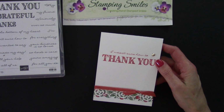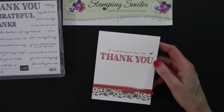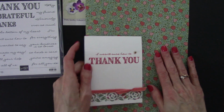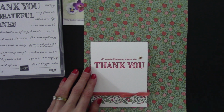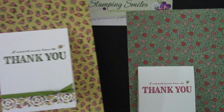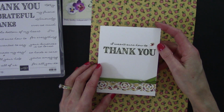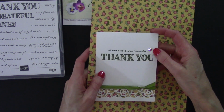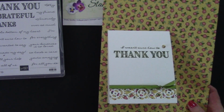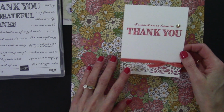And so let me show you. I used 6 of the patterns, all 6 sheets. They're double-sided, and this is the one I just did, with this pattern. Isn't that pretty? All right. And so the next one, here we go. Little small flowers again, and this time I used the Old Olive, and I used the gilded gems in all 3 sizes. And then the next one, look at this big pattern, but it still looks really good behind here